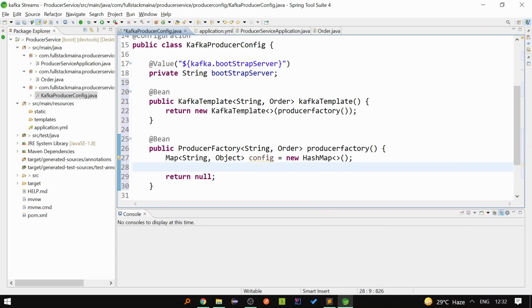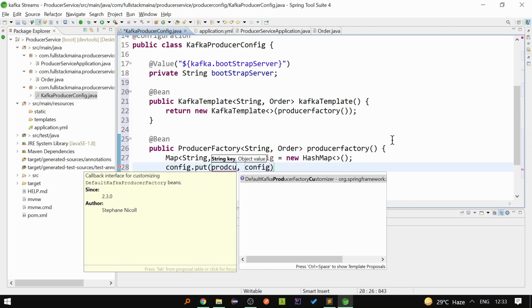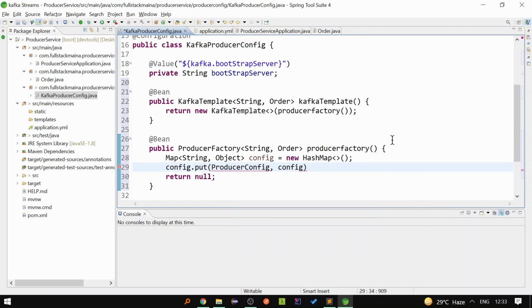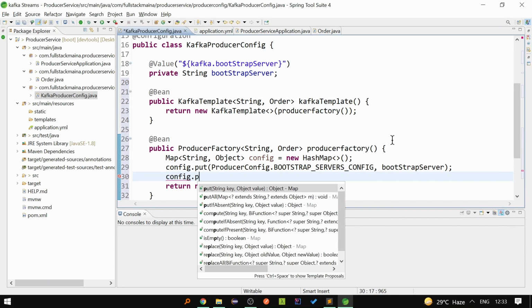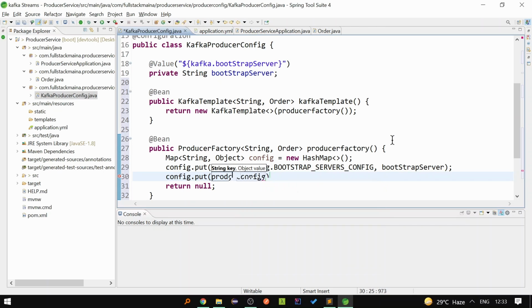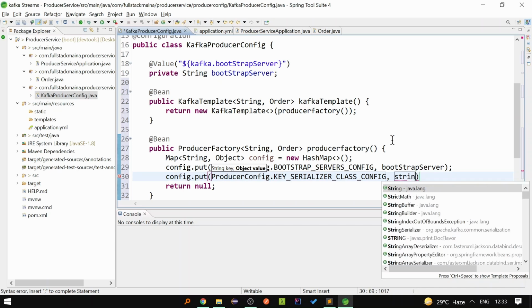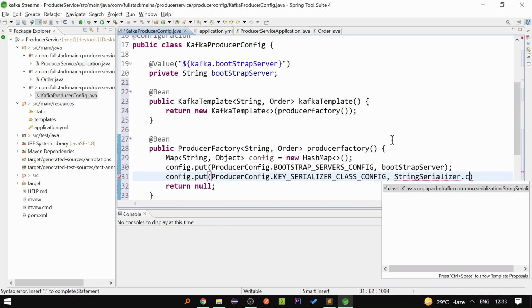Okay, now to this map we will add three Kafka related properties. First one is the bootstrap server where the Kafka server is running. So we will write ProducerConfig.BOOTSTRAP_SERVERS_CONFIG and the value will be the bootstrap server variable. Similarly, we will add another property called key serializer. In this example, string is the key, so for that we will use StringSerializer.class.